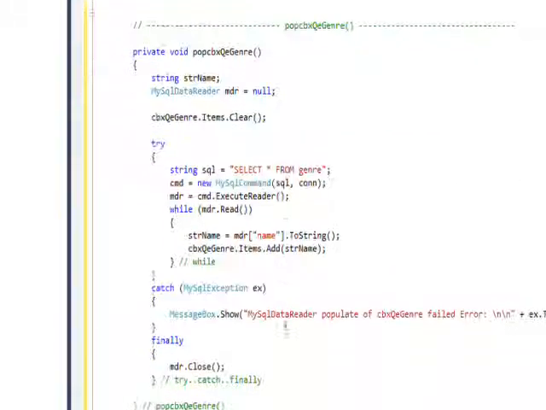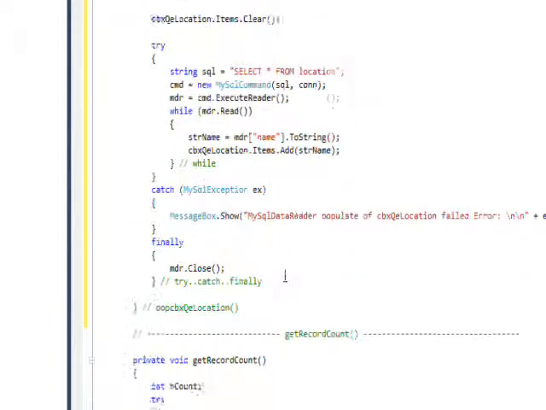And then we need to add the call to these two functions to the form load, so we fill in